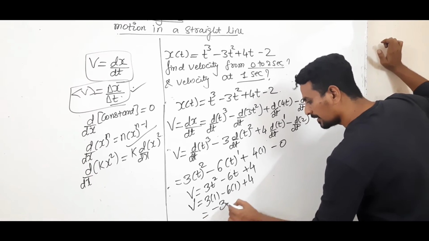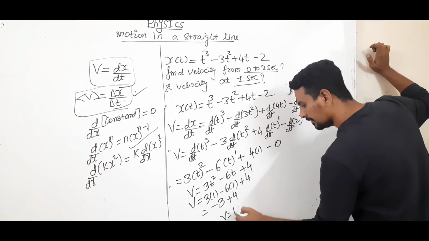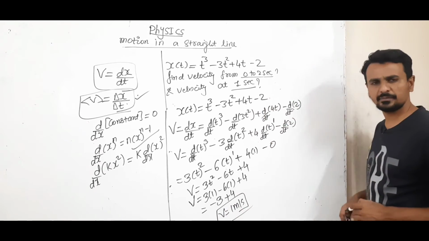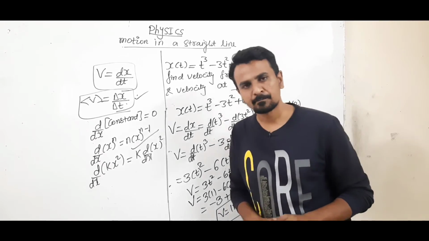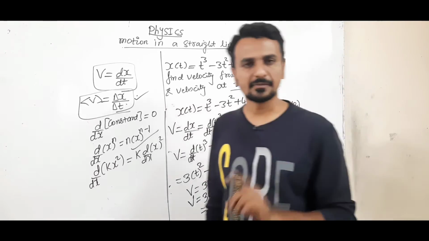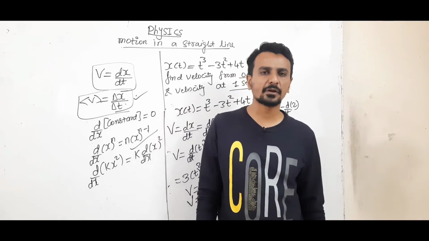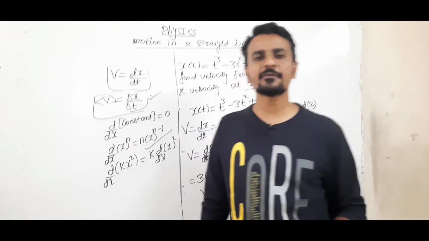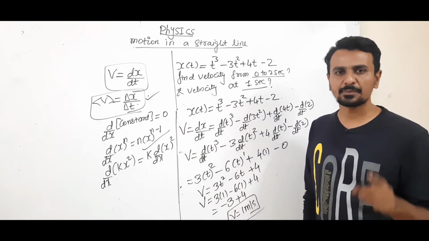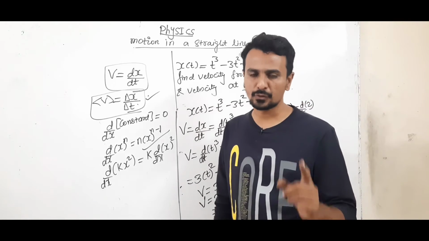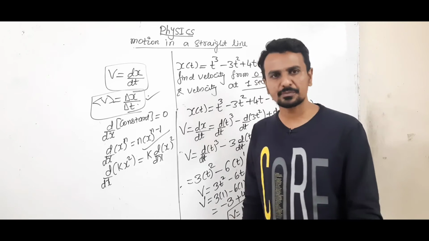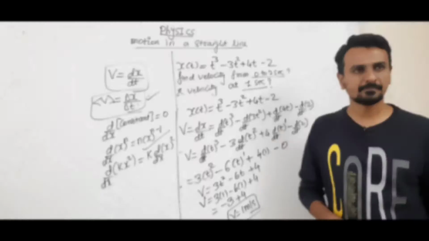This will be minus 3 plus 4. So this is your answer. Clear, students? This is how we will calculate instantaneous velocity. Whenever you have been told to calculate velocity between two instants of time, don't differentiate. At a particular instant of time, if you have been told to calculate velocity, go for differentiation. Clear? Fine. We'll see one more question based on the same concept.